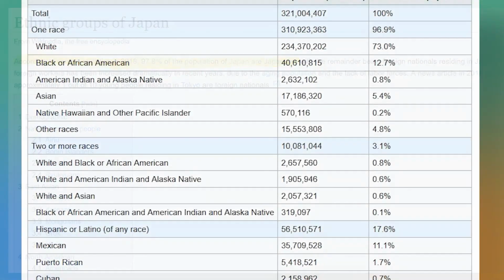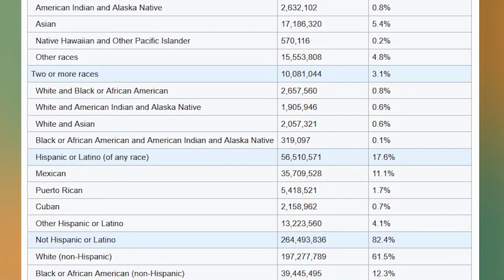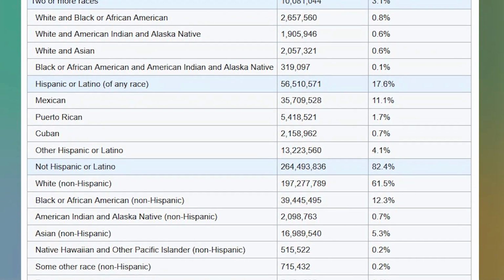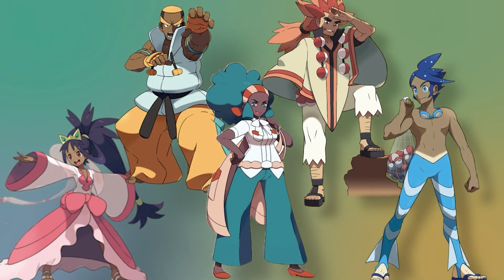The United States is much more ethnically diverse, with large populations of people from European, African, Asian, Native American, and South American descent. Because of this, these games have a much more diverse set of human characters than previous generations, with characters such as Iris, Marshall, Lenora, Alder, and Marlin clearly not belonging to the light-skinned race of generic anime people. The focus on diversity doesn't seem to have had too much of an effect on the designs of Pokemon